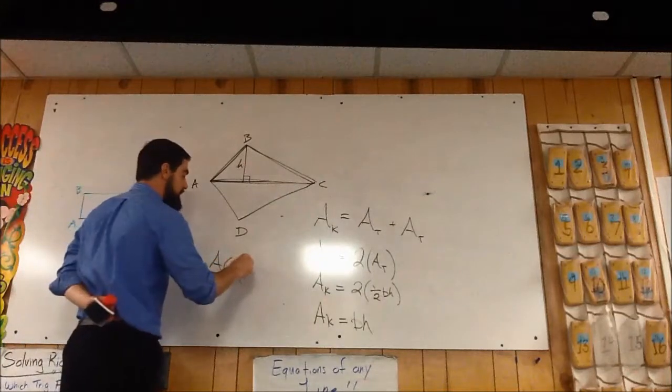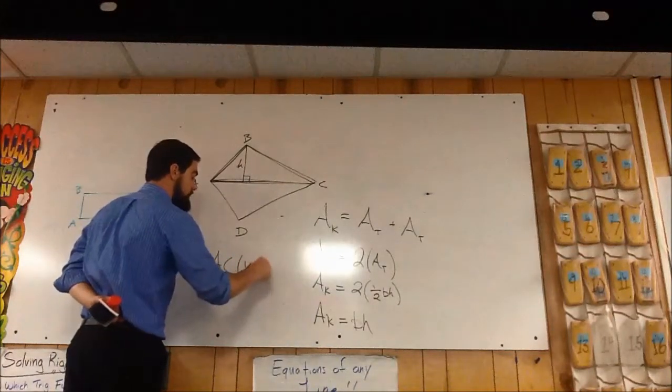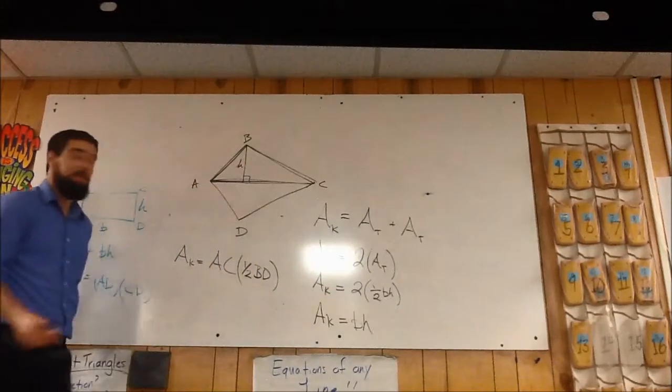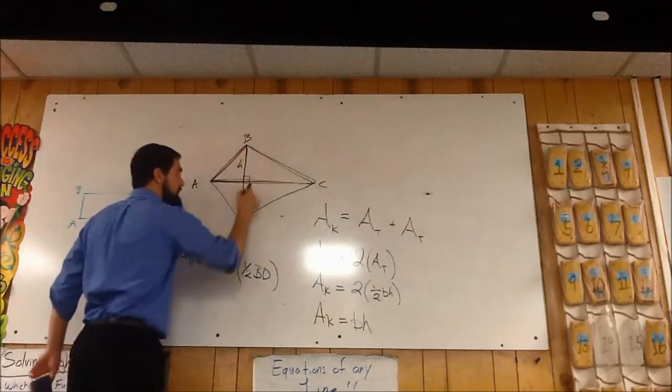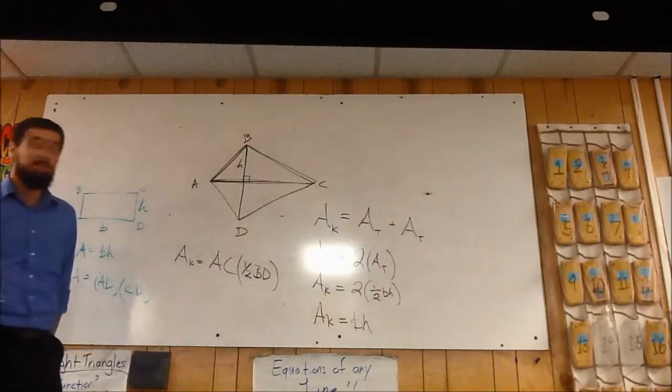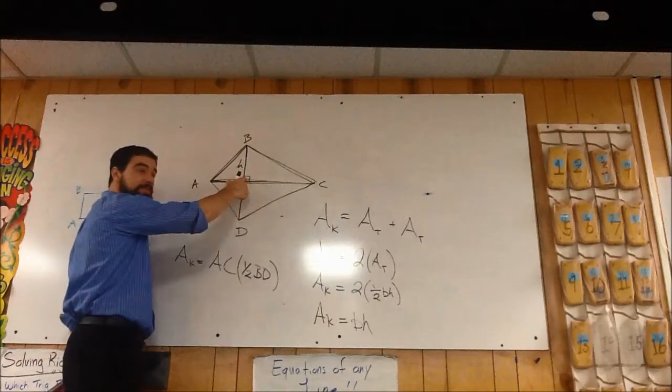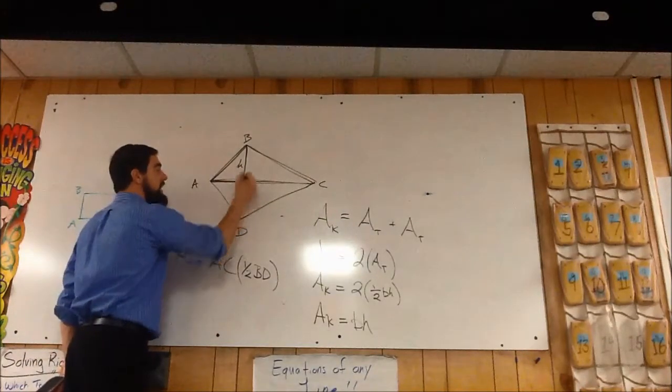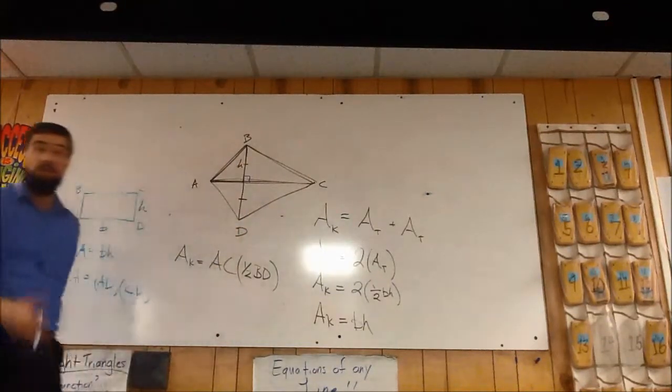It's 1/2 of segment BD. Because we know that if we draw in this other diagonal, it's going to be perpendicular. And we also know that that diagonal is being bisected. It's one of the things that we